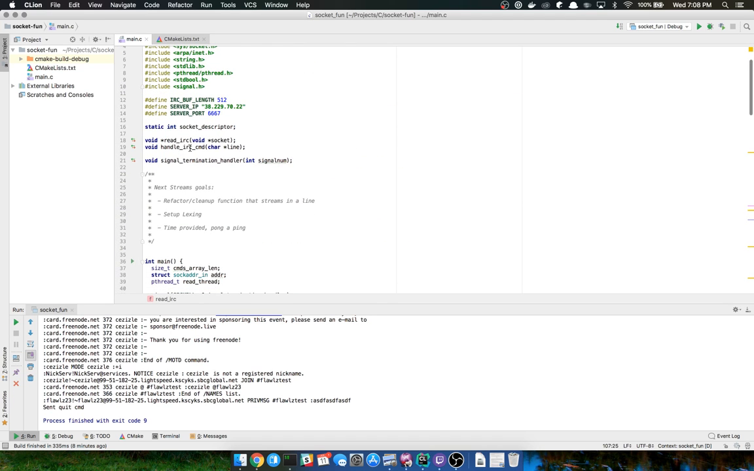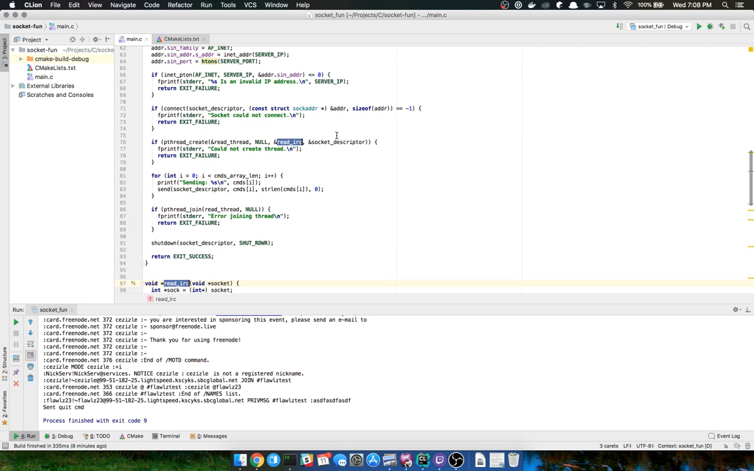So that was refactored. Read IRC. I do not like this naming. I do not like this name I have here. Really, this is the...